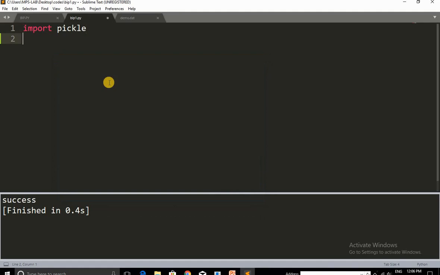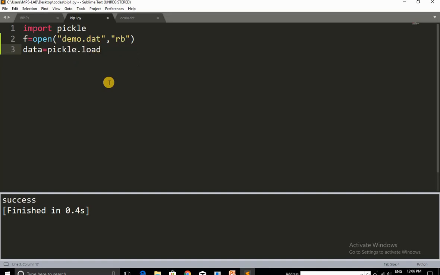Let's open the file demo.dat in rb mode, and here we will write data equals pickle.load.